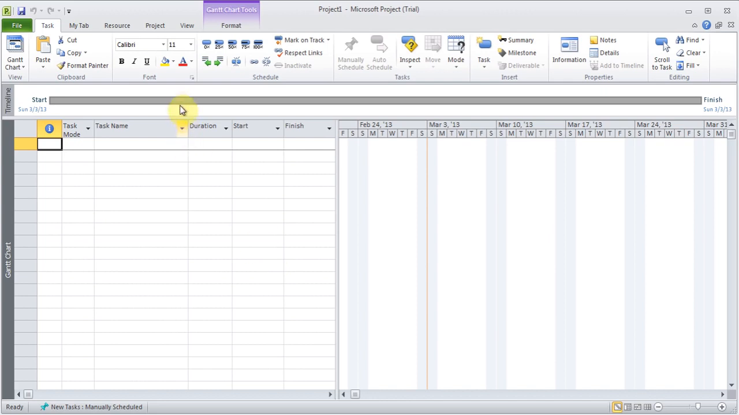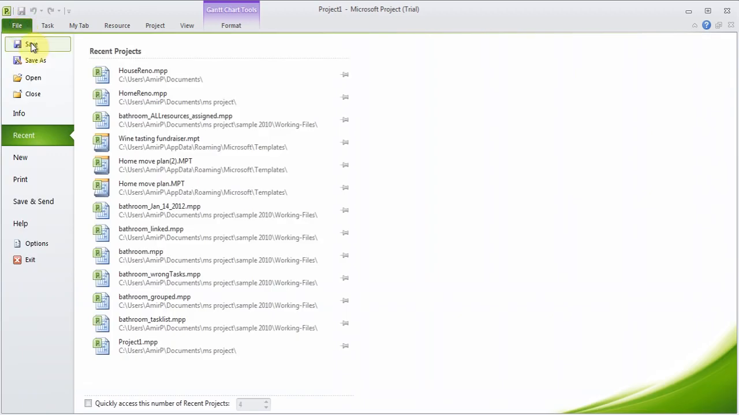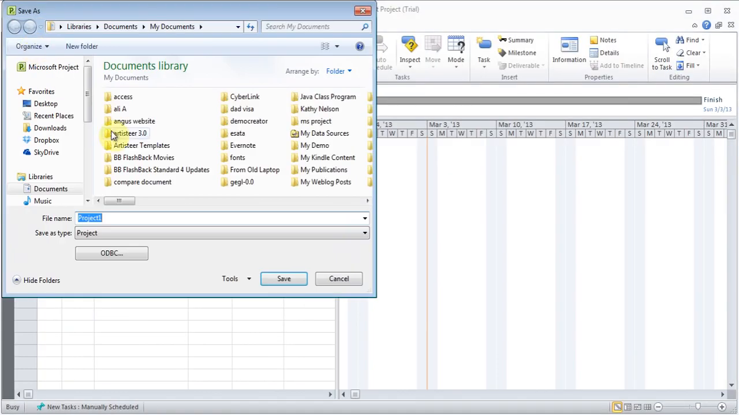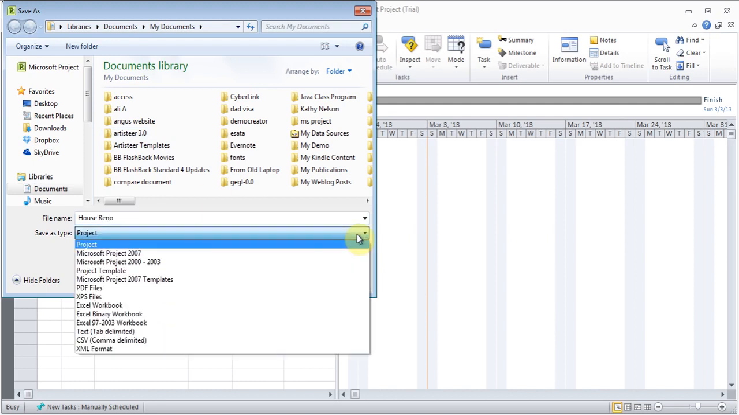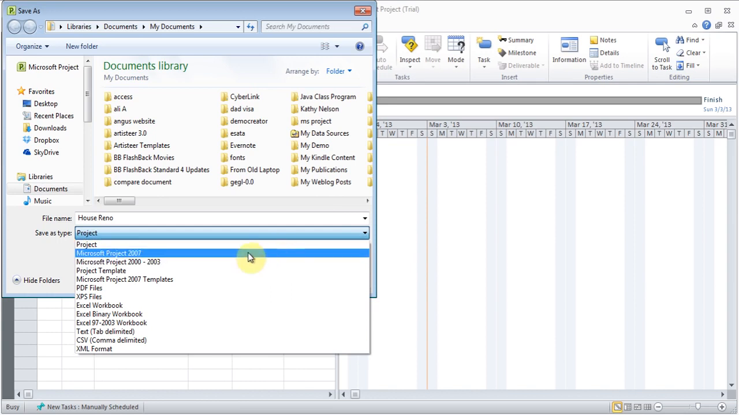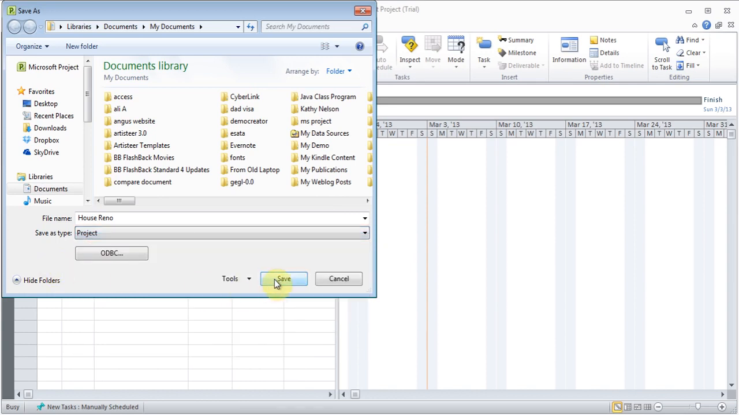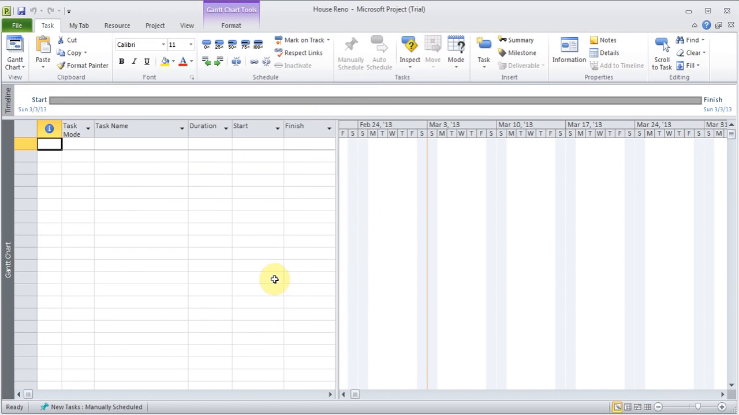So I've started Microsoft Project. The first thing, I'll save it, so I can hit the save button here or from here, and I'll call it house reno, and you can click here and you can save it as the previous formats if you wanted to, and I can hit save. Now before